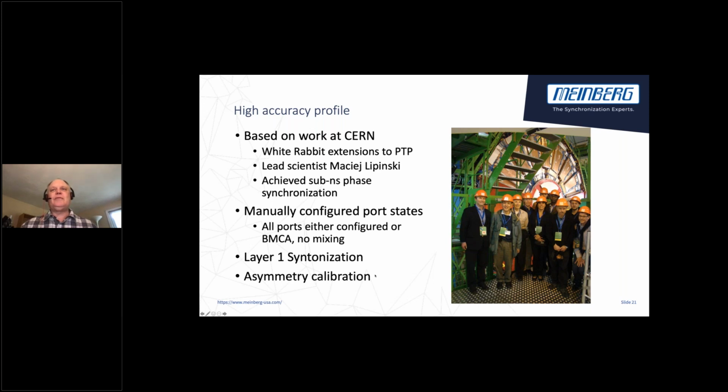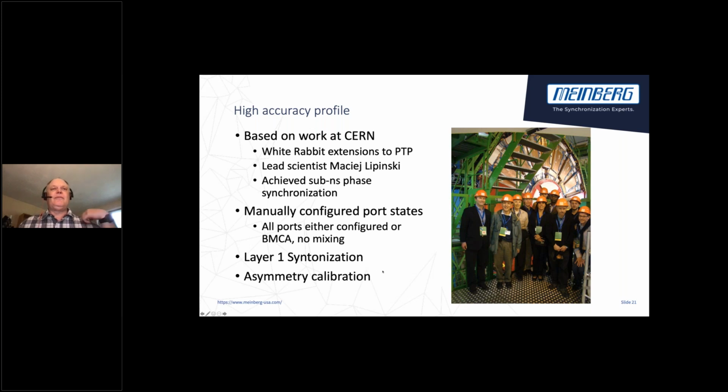So you calibrate the asymmetry of the various ports and of the various cables, because cables have some asymmetry. If it's a copper cable, there's a different number of twists in the different twisted pairs of wire. If it's a fiber, and you're using different colors, there's a slightly different delay. So you might use a different color for one direction compared to the other direction, and that would create an